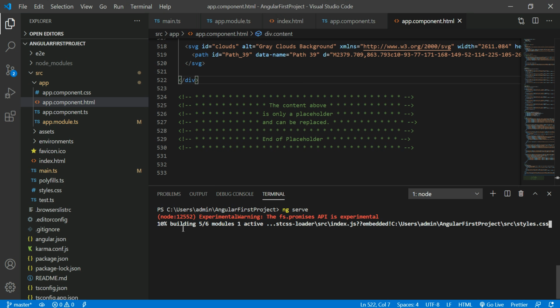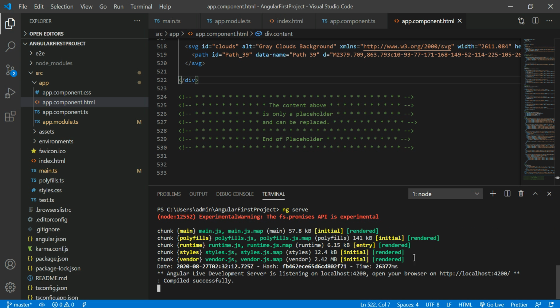See, right now it's compiling and building. Building means my entire web application is building. After that, the development server is going to be on with the 4200 port number, and then the application is going to open. Okay, so now my server is on. The local port number is 4200. So let me open my browser. Open your browser with 4200. Okay, I am opening Chrome.